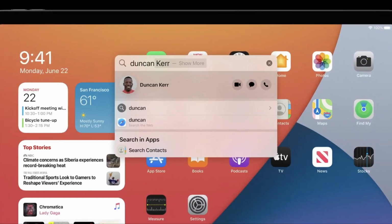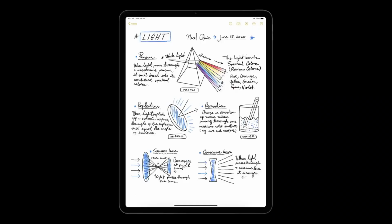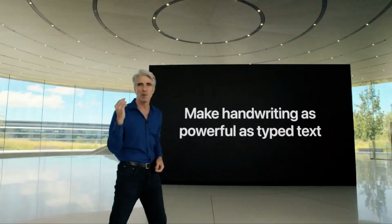They're calling it universal search, and it's basically an updated search that doesn't take your whole screen away from you. There are some huge Pencil updates. I don't have my Pencil with me, but they are huge. Handwriting interacts like text. They will analyze your handwriting and make it text, and you can select it, copy it, move it, cut it,